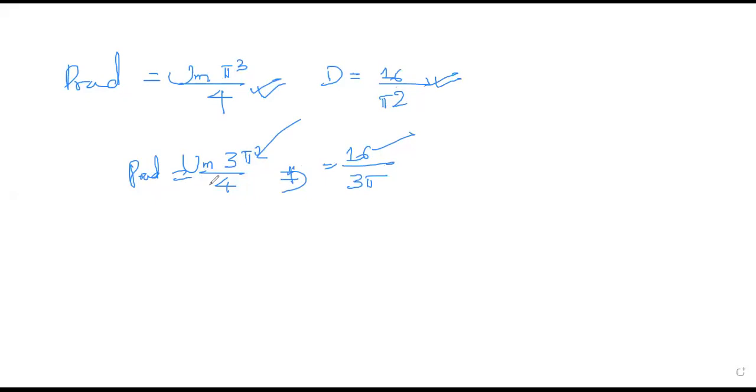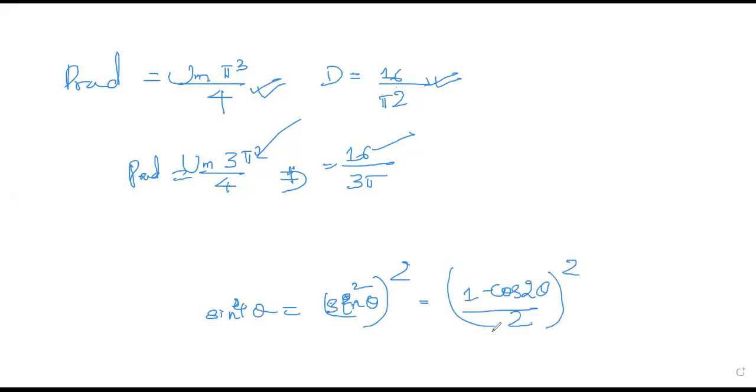There, Sheetal, can you tell me how did you solve this? Ma'am, sine power 4 theta, I taken a sine square by whole square, ma'am. How did you take sine to the power 4 theta as? Sine square theta whole square. Okay. Then applying sine square theta formula, ma'am. Okay, that will be 1 minus cos 2 theta by 2 whole square. Then this will be 1 by 4. This will be 1 minus cos 2 theta whole square.